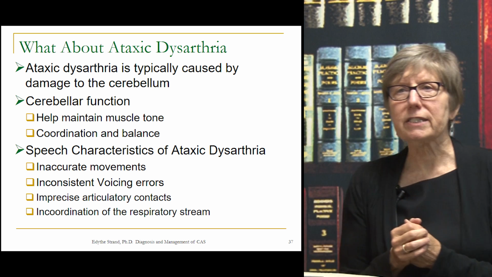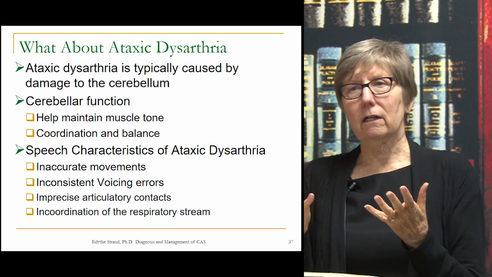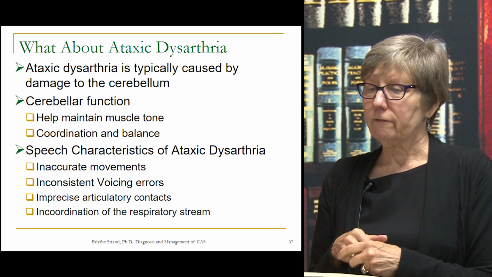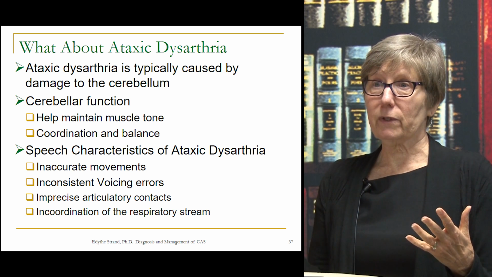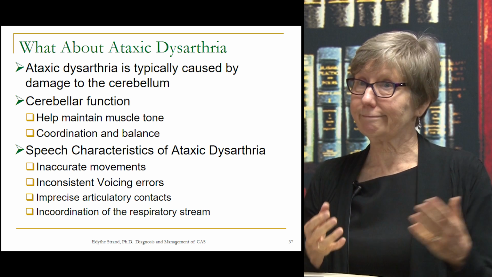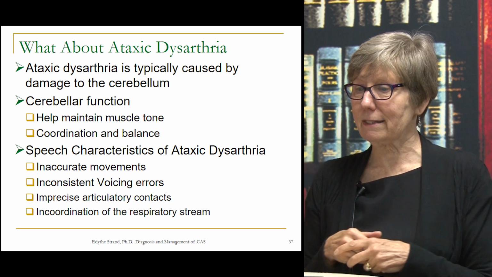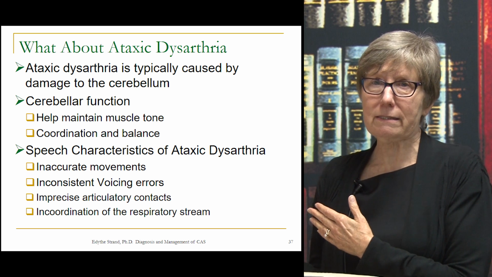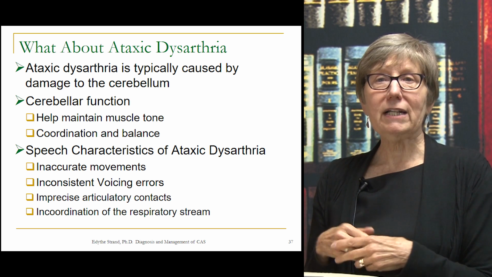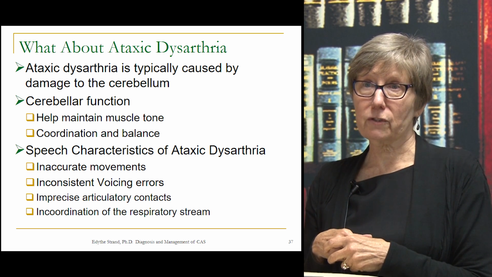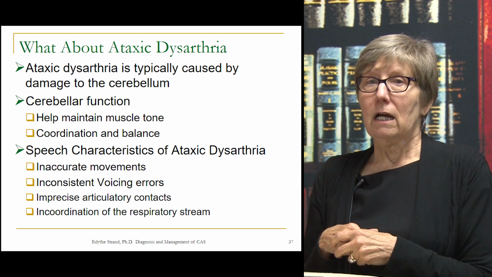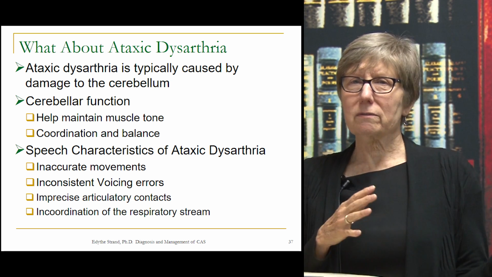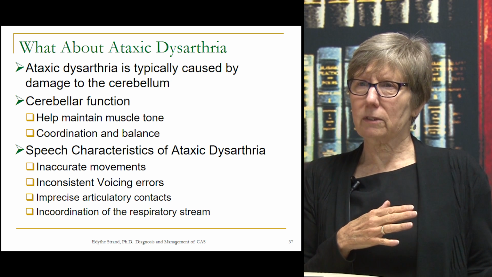The speech characteristics of ataxia really overlap a lot with those of apraxia. For example, in ataxic dysarthria, we see inaccurate movement. We see that in childhood apraxia. We hear inconsistent voicing errors due to mistiming. They often have imprecise articulatory contacts. One of the things, though, that we see in ataxic dysarthria that we don't see very often in childhood apraxia